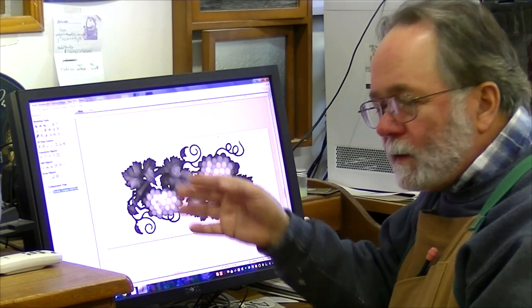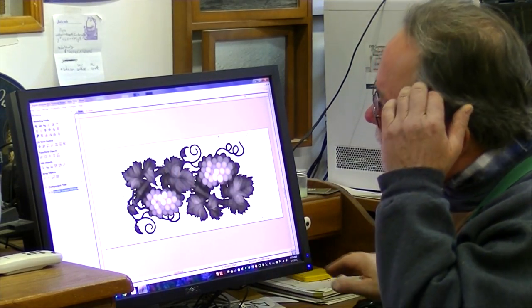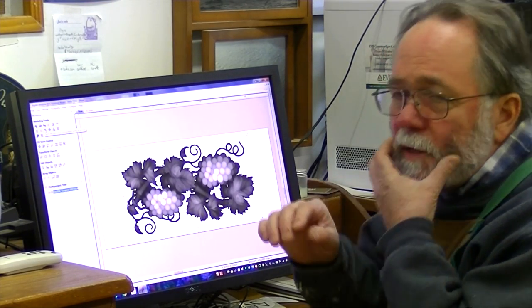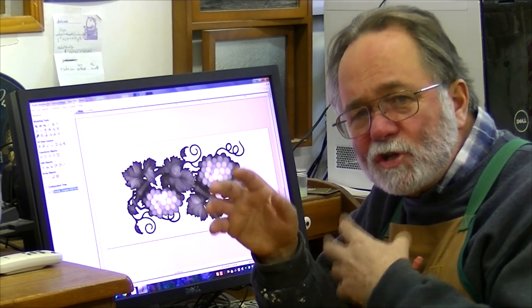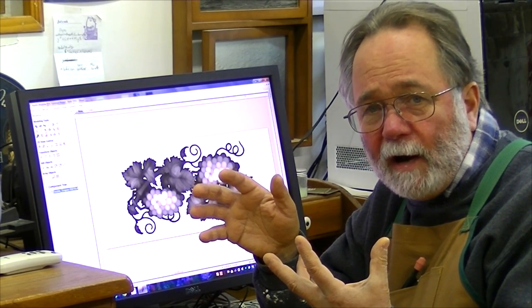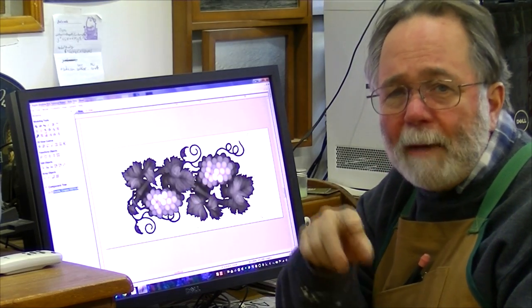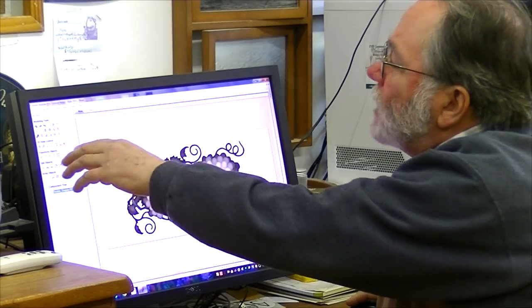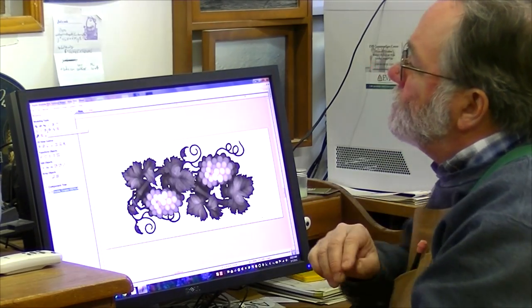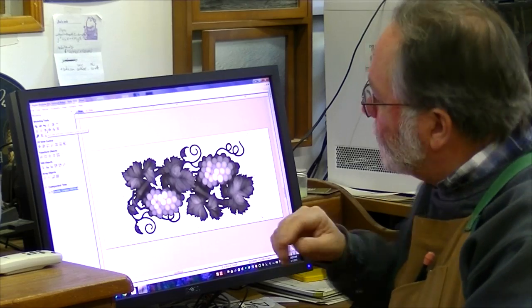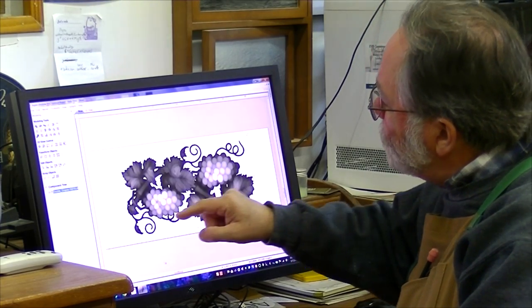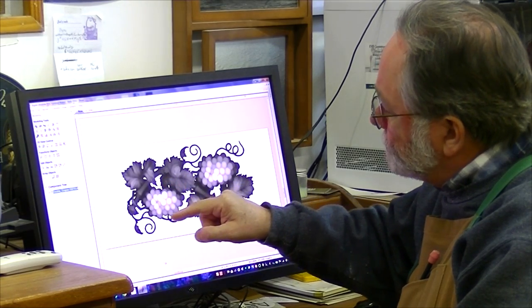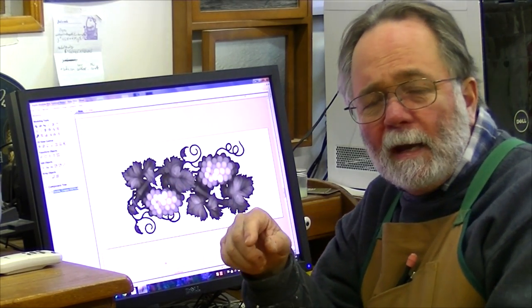needed to rotate it. So I used a function in Aspire that allows you to split out part of a model and make it a separate model in the file. All you got to do is draw a boundary around the part you want to split out, and then use this function up here. It looks like a pair of scissors. Says split the selected component using a vector. So I carefully drew a vector around this set of grapes, split it out, and then I could